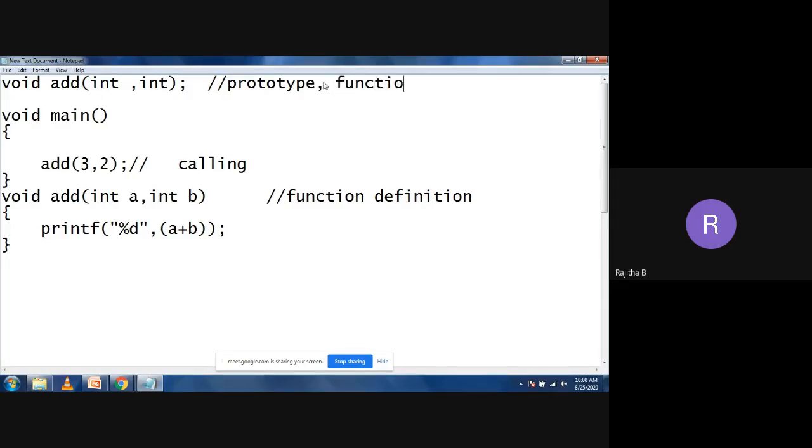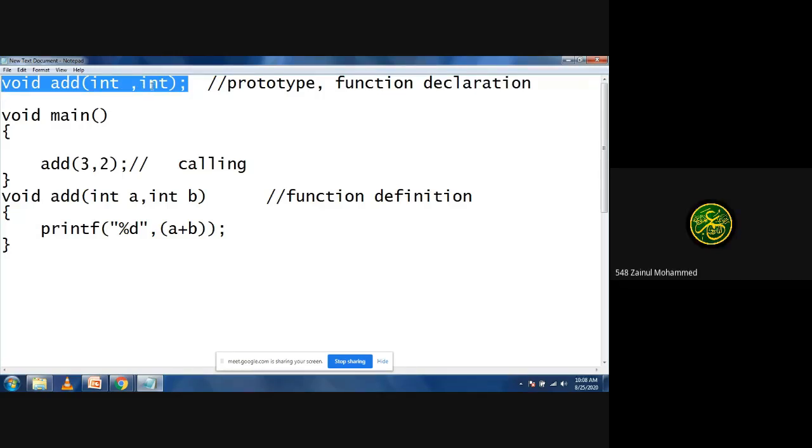Now observe this program, we have a semicolon for the function prototype or function declaration. It is only a declaration: what is the type, what is the name of the function, and what type of parameters you are going to use in the program. That's it. We are not writing any code for this one, and it is ending with the semicolon.